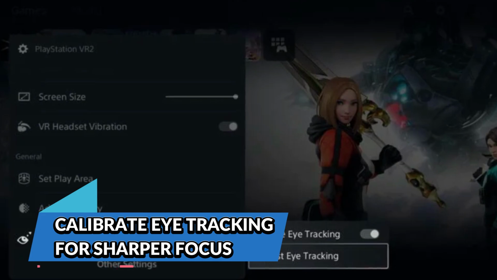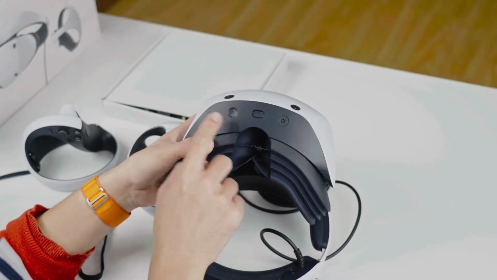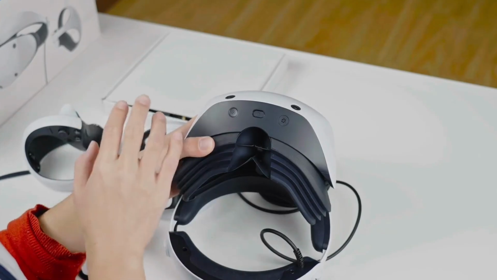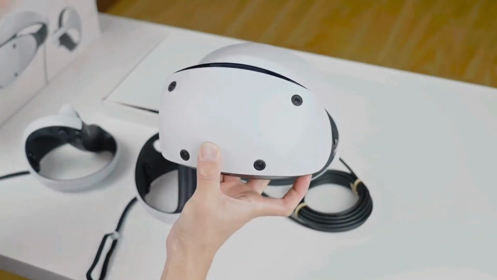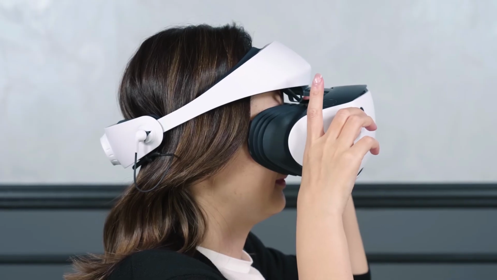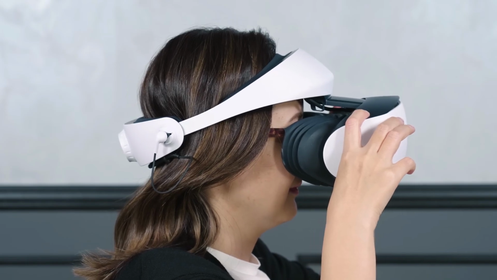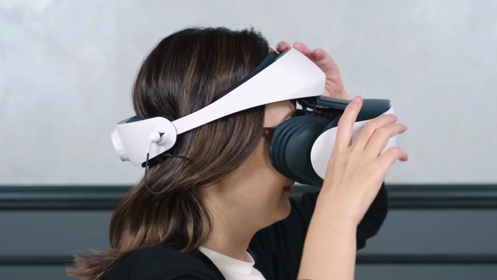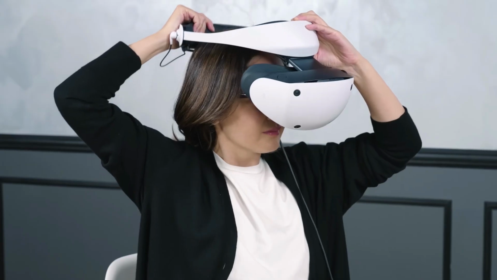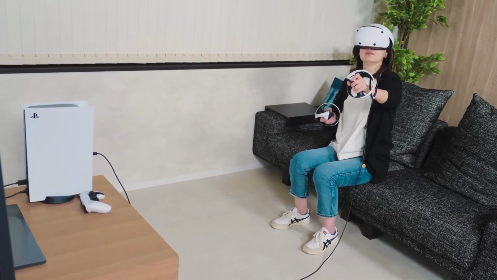Calibrate eye tracking for sharper focus. One of PSVR2's headline features is eye tracking, which powers everything from UI navigation to foveated rendering. That's where the PS5 renders only what you're directly looking at in full quality, reducing the resolution of your peripheral vision to save system resources. When working properly, this trick is invisible. But if eye tracking isn't calibrated correctly, the headset can misinterpret where you're looking and render the wrong things in